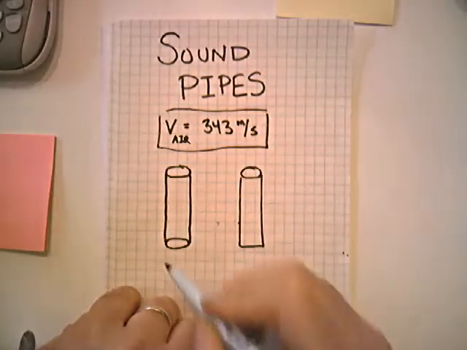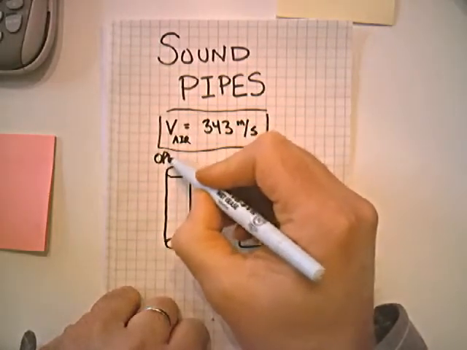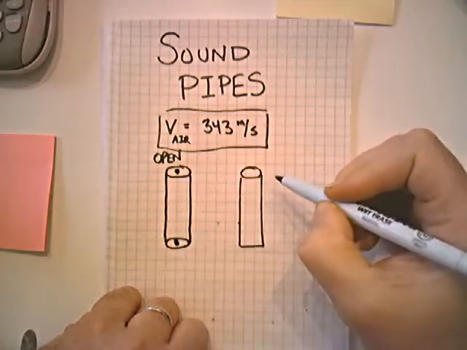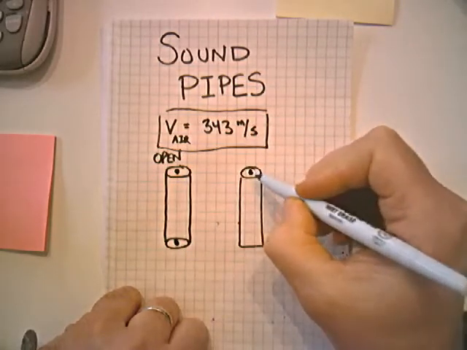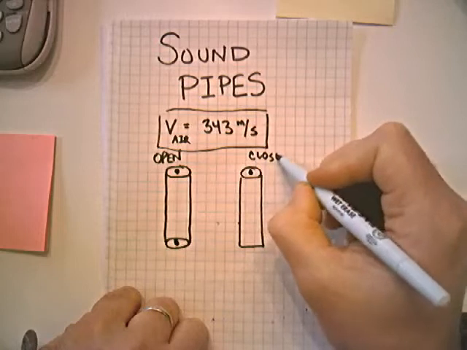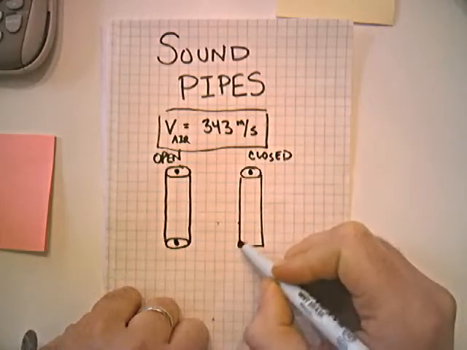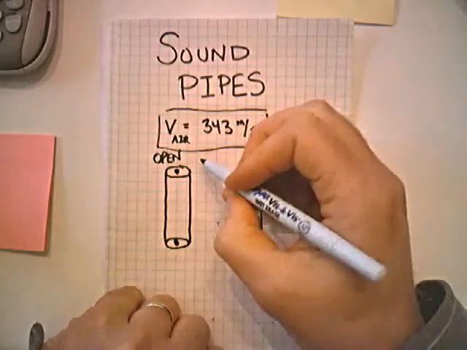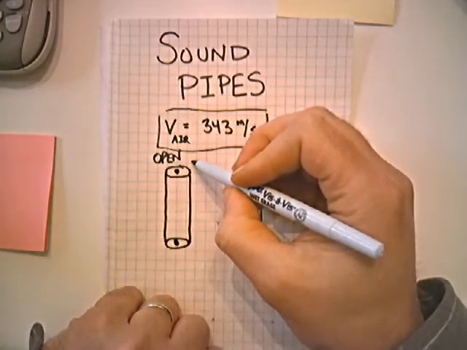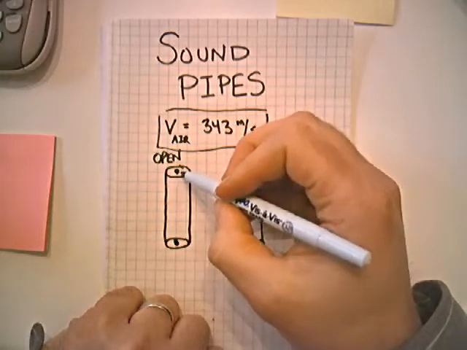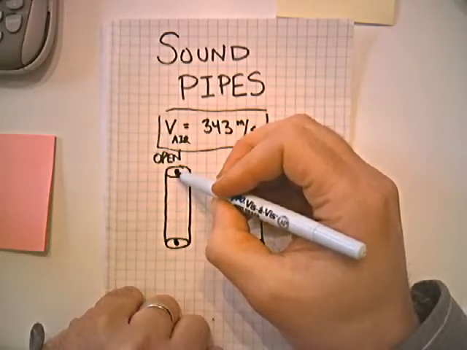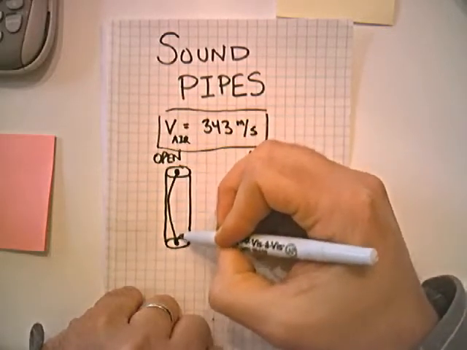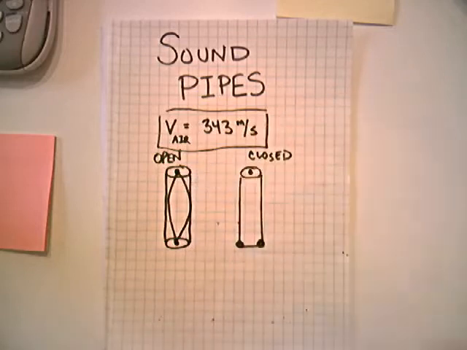Now, an open pipe is a lot like a string because it will have nodes on each end of the pipe. And a closed pipe is something totally new, because it's going to end in an antinode. So what happens is you're producing some frequency here. You're producing highs and lows, and we start with the node, and then it would come down and end in the antinode. Just like before, we get what we call the first harmonic,